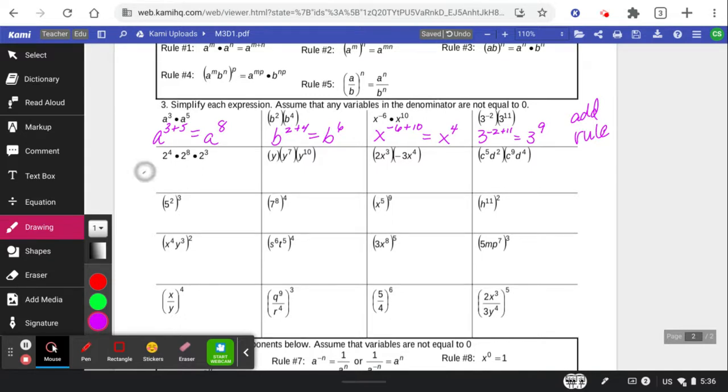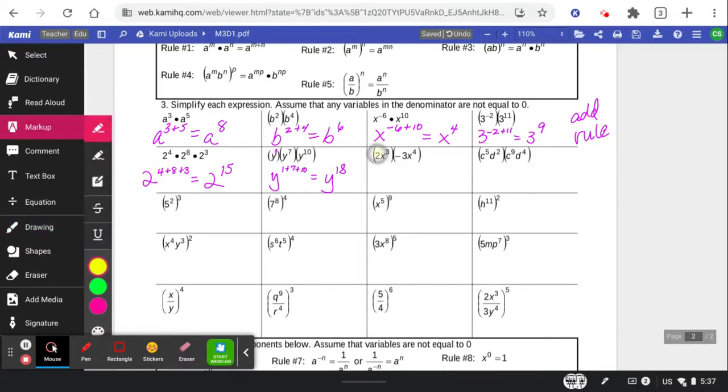Oh, I've got three things to add here. 4 plus 8 plus 3. So big base of 2, that's going to be 12, 13, 14, 15. How'd you do? There's an invisible 1 right here with this front y. So it's 1 plus 7 plus 10. Did you get y to the 18th? All right, here